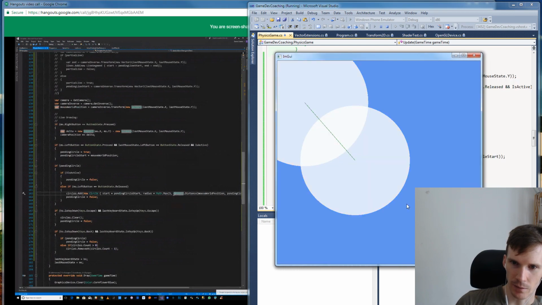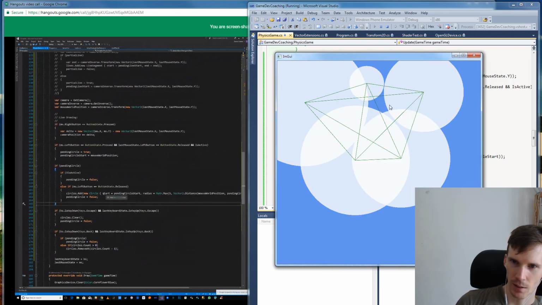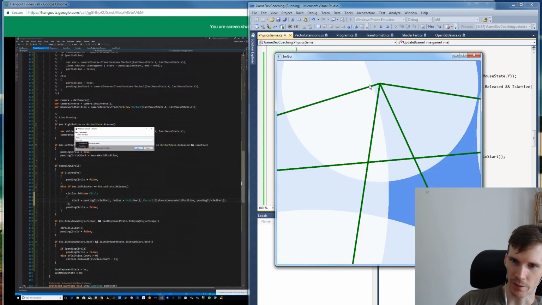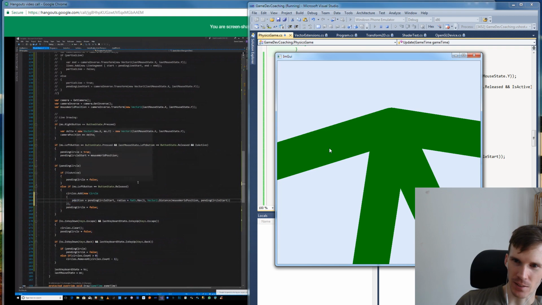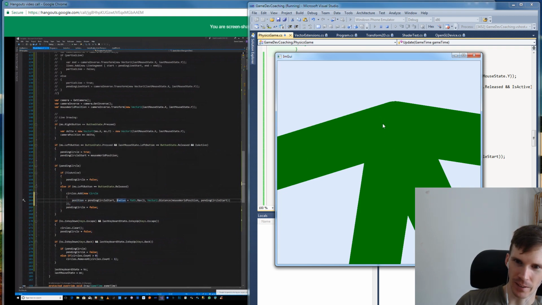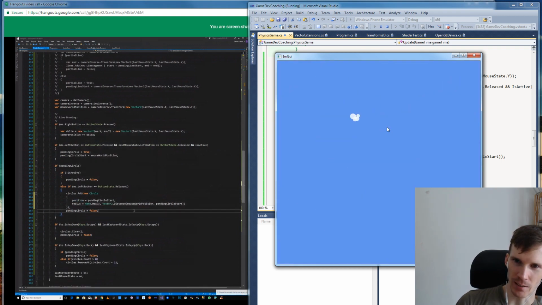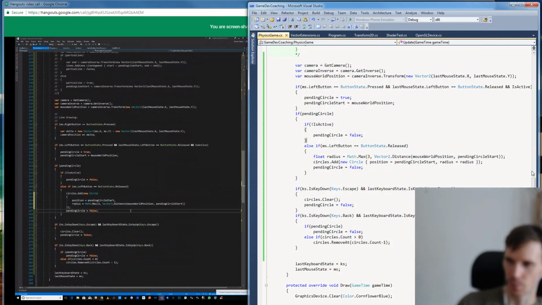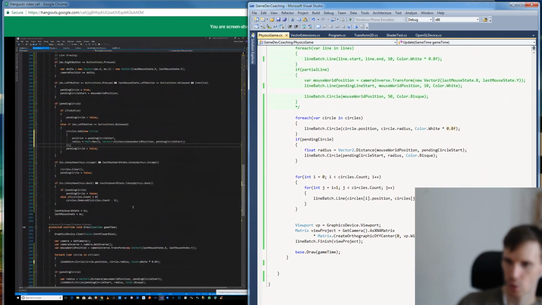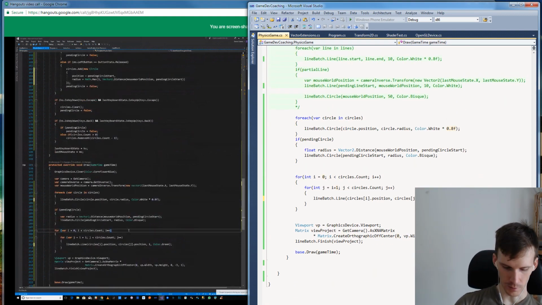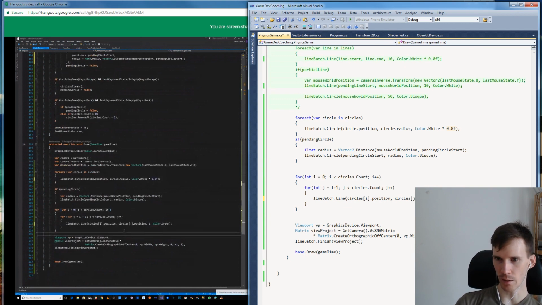If I start drawing these circles, you'll notice this is the other neat trick. I'm drawing a pentagram. If I zoom in, we get these massive lines there. If I zoom all the way out, suddenly you can't see the lines between the circles. So let's fix that up. And the way we do this is, trying to remember what we call it, 1f divided by